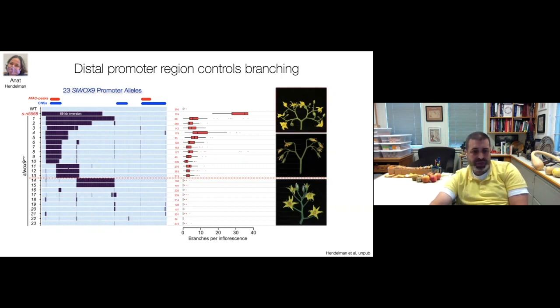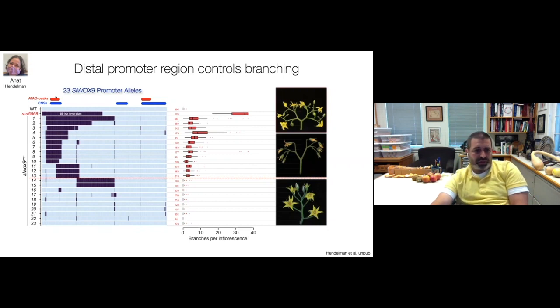And now we've mutated the promoter of this WOX9 gene, this homeobox gene, and created about 25 alleles, several of which are shown here. And what I want to point out is that as this distal region is perturbed, now is where you start to get this nice weak branching, which mimics the type of branching I showed you earlier, where we were playing with the natural and induced mutations in those transcription factor